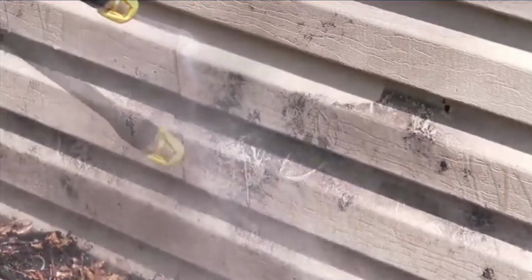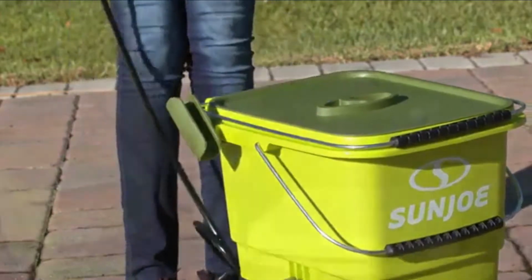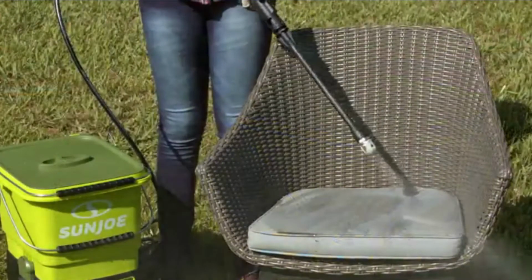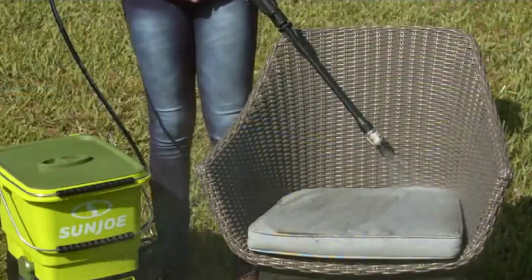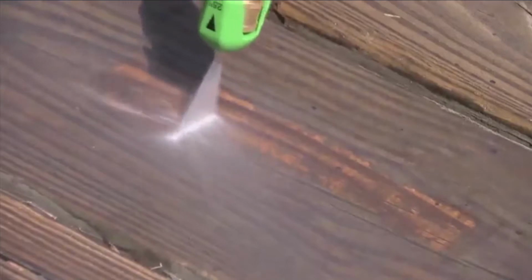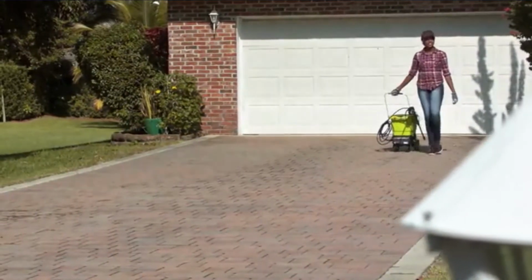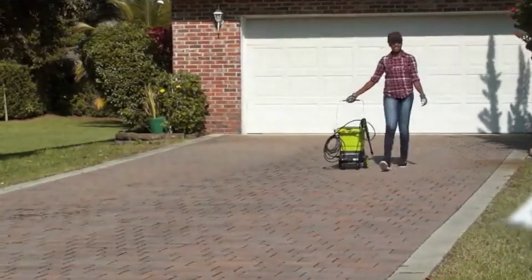Packed with 600 watts of pure cleaning power, the SPX 6000 Series self-priming pump motor generates up to 1,160 pounds of max burst pressure per square inch to quickly and easily remove mildew stains, caked on mud, and other stubborn gunk and grime. The first completely cordless pressure washer of its kind, Sunjoe gives you room to roam, courtesy of